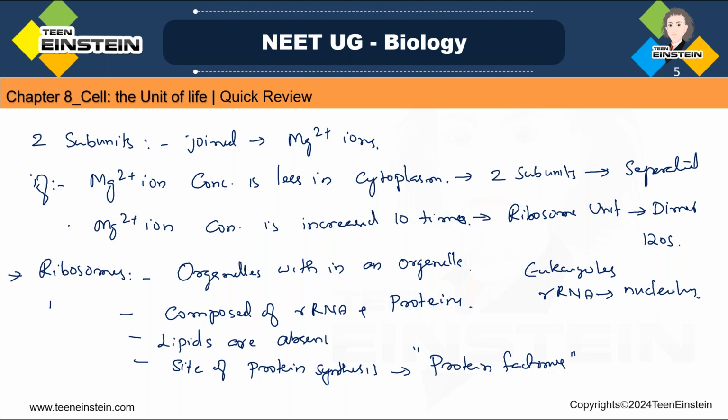Then we discussed different types of ribosomes like 70S, 80S, 55S. In prokaryotes, 70S type of ribosome. In eukaryotic cytosol, 80S ribosome. Mitochondria, 55S, and chloroplast, 70S ribosome. Then we need to know the larger subunit and smaller subunit of these ribosomes. Okay. Next,